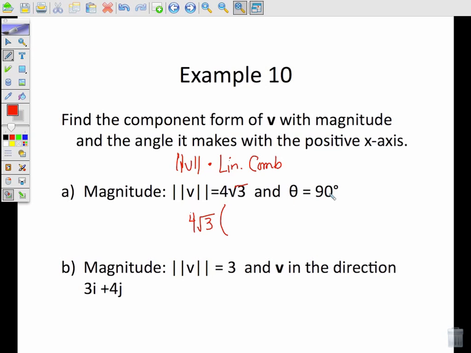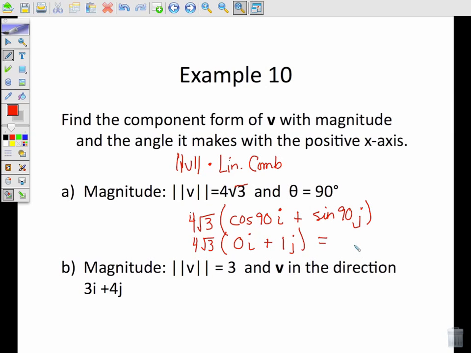If it's an angle at 90 degrees, what I know is that it's cosine of the angle 90, i, plus sine of the angle 90, j. Okay, so this is how we go from an angle to a form of a vector. What is the cosine of 90? This is what we're going to ask ourselves. So 4 square roots of 3 times cosine of 90 is 0i, plus sine of 90 is 1j,